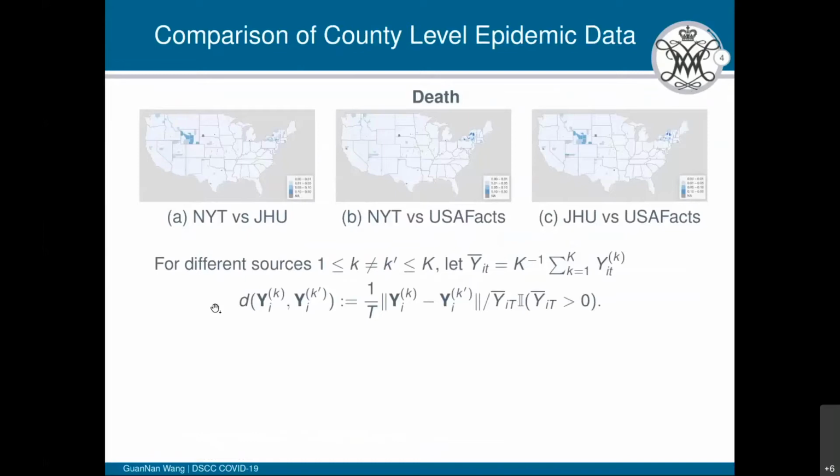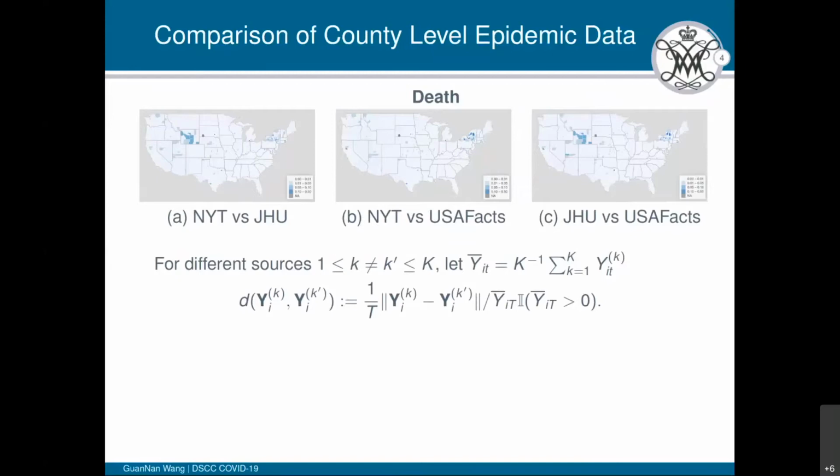Using this measure, we can effectively detect the counties and the states with the most discrepancy between each pair of the sources, and it is meaningful in the comparison between different locations. So here in this figure, we present the county maps of differences of the death count collected from the three data sources. The areas in dark blue in these figures are detected to be different between the corresponding pair of the two sources. You may also ask why they are different.